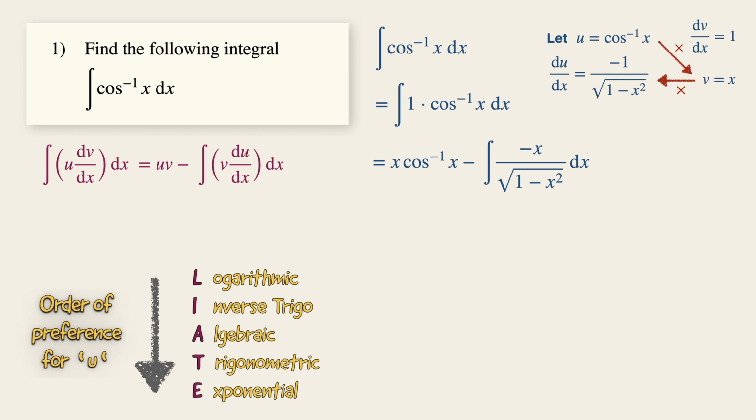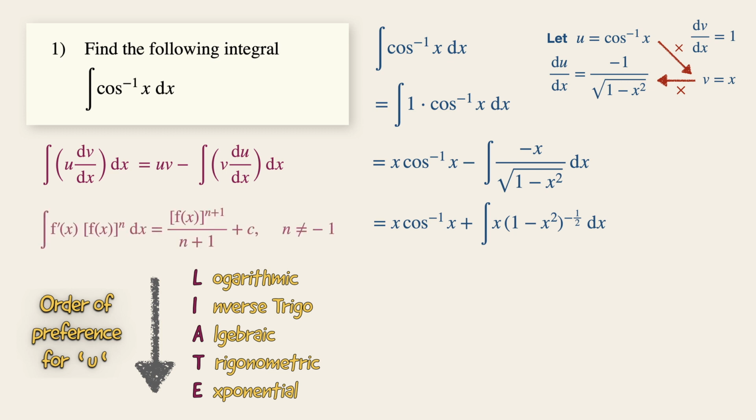Now simplifying further, we will then have x cosine inverse x. Minus and minus will give us a plus. Now I'm going to bring up the square root 1 minus x squared into a linear form. So this will give us x times 1 minus x squared to the power minus half dx. Now I'm doing this because I'm going to integrate this expression using the standard function that you see over here